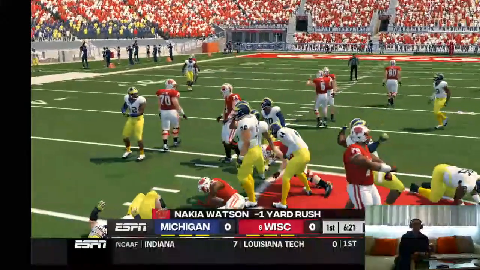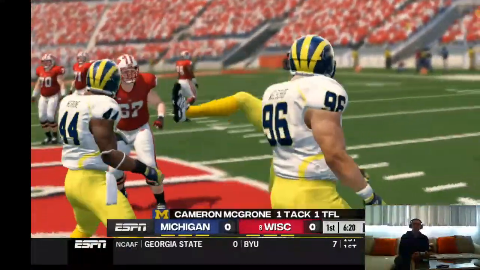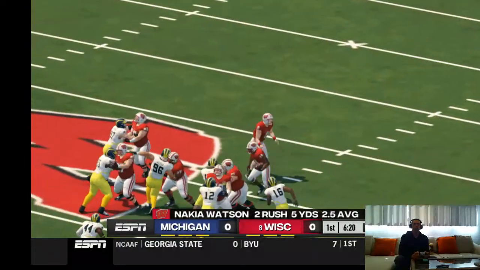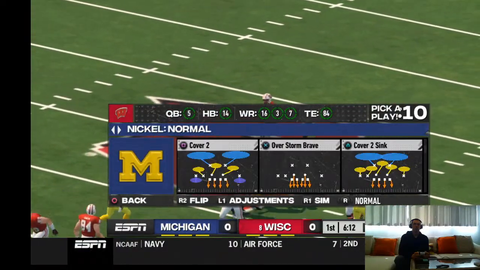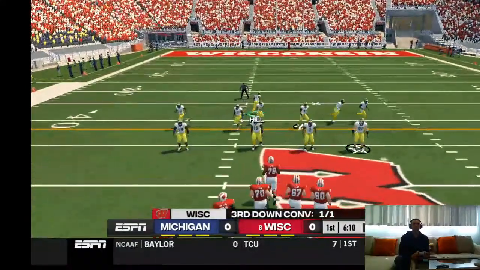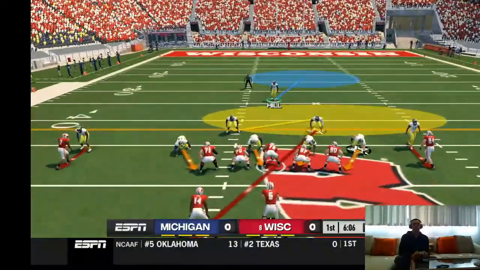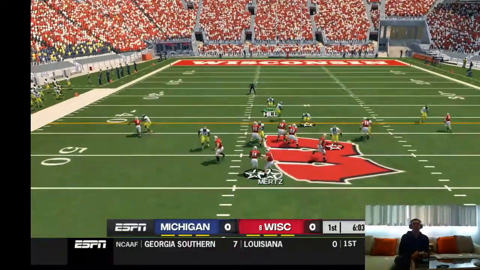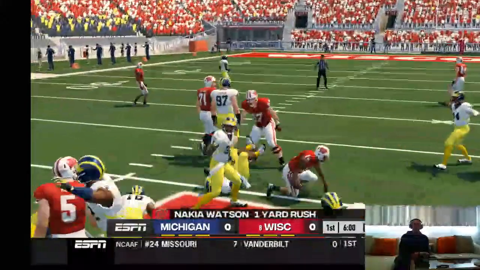Tackled for a loss. 1-yard loss for the halfback. Loss of 1 yard on the play. That'll make it 3rd and 5. 3rd and 5 situation. Ball on the 47-yard line. He makes it out to maybe the 46-yard line.